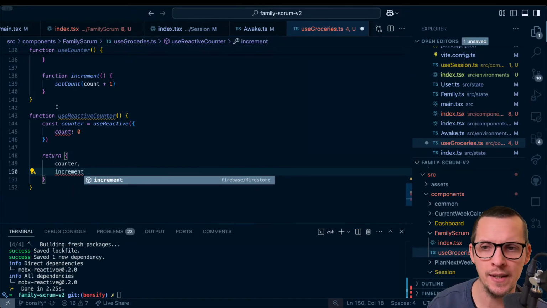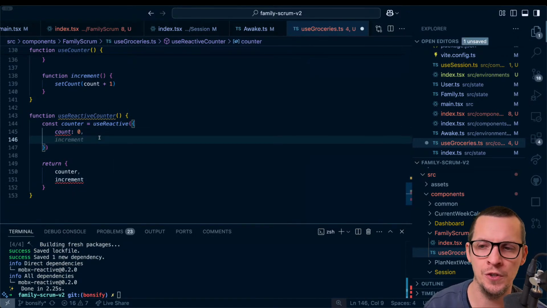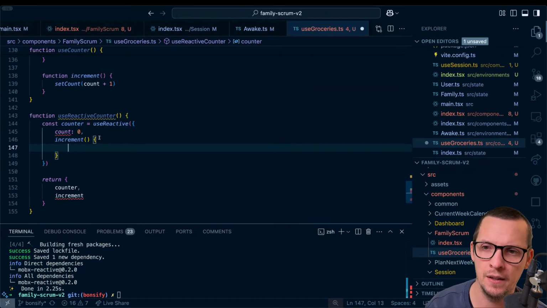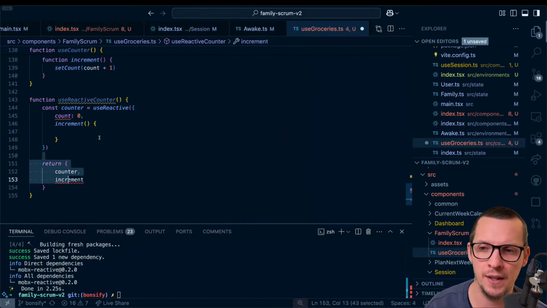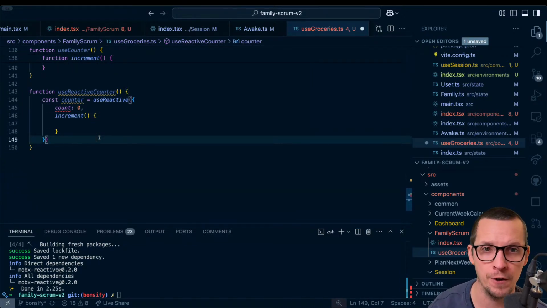The point is, in this world you want the increment to be here. This is how we think about it in the reactive world: you put your functions with your state. It being a class, it being an object, it doesn't matter. You put the functionality with your state.